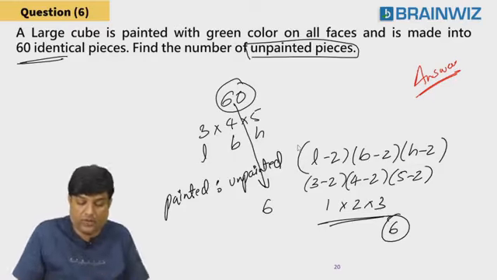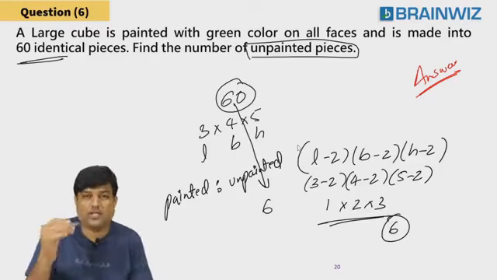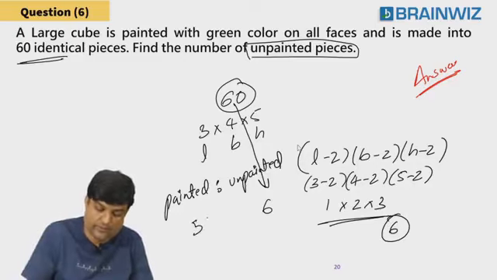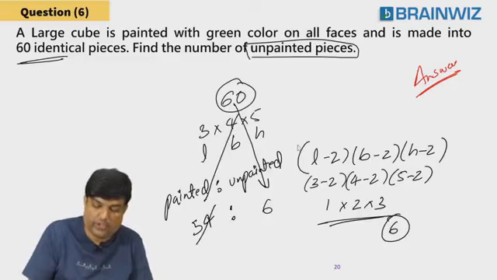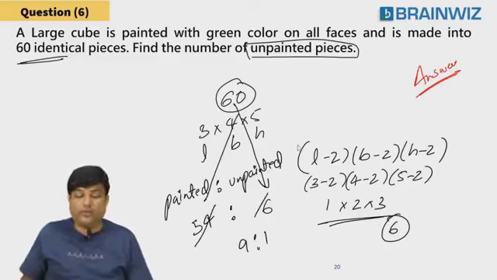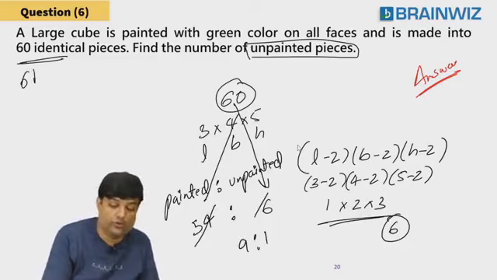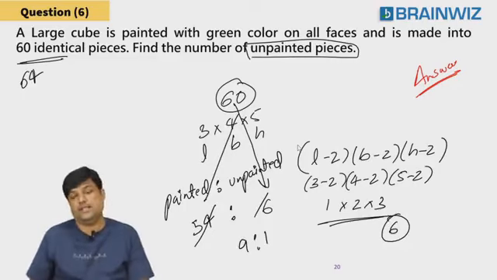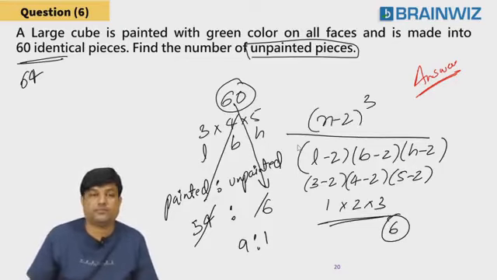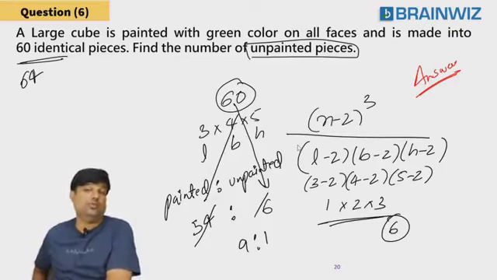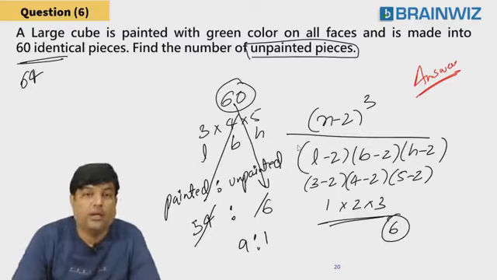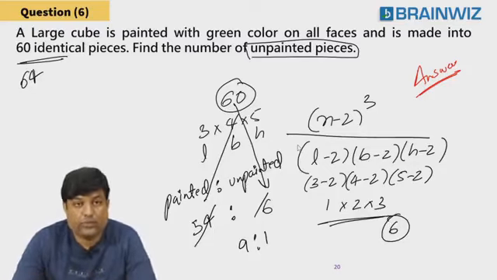Okay. So now I want painted. The rest of all have color, one side color, two sides color, the rest of all. 54. So what's the ratio, students? 9:1. That's good. Students, if I give you a perfect cube called 64, can you do it? Yes. At that point of time, will you use this one? No, you'll use n minus 2 whole cube. You all know that. Are you understanding, everybody? That's good. Let's move forward, everyone.